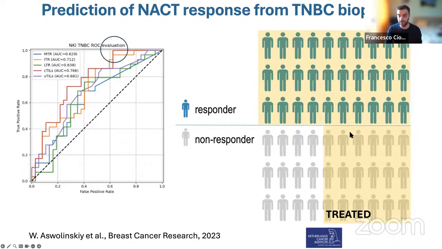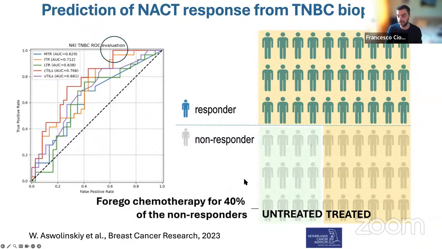So we over-treat them. But compared to what is happening in the clinic, we are actually sparing chemotherapy to about 40% of the non-responders. So it would already potentially be an improvement compared to what is currently happening in the clinic today. Of course, this needs to be improved. We want the curve to be here, and all these non-responders should not be treated, but should get a different type of treatment. But this was one first piece of evidence for us that we saw a promising predictive value in these computational biomarkers, and it's worth further investigating.